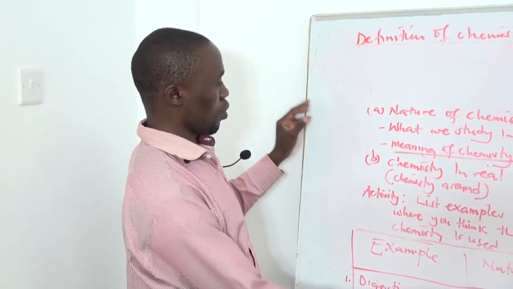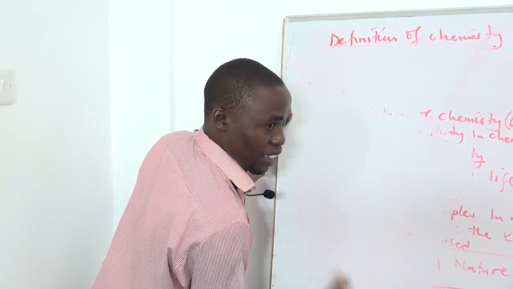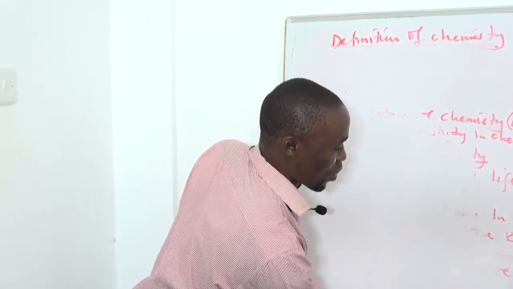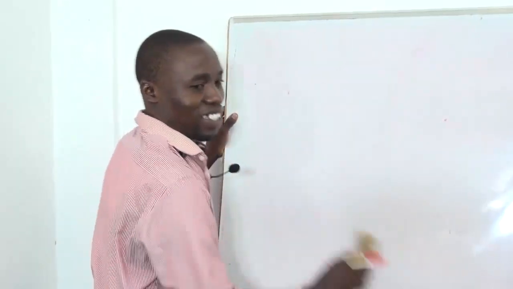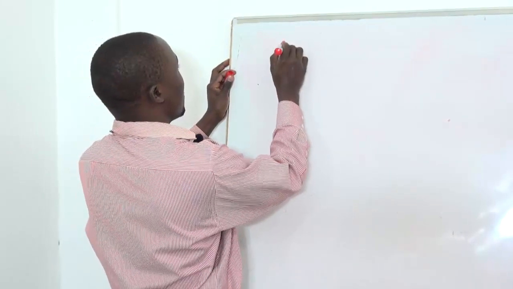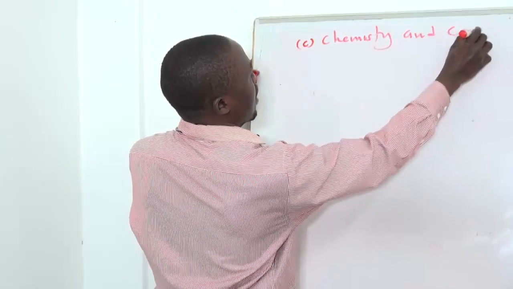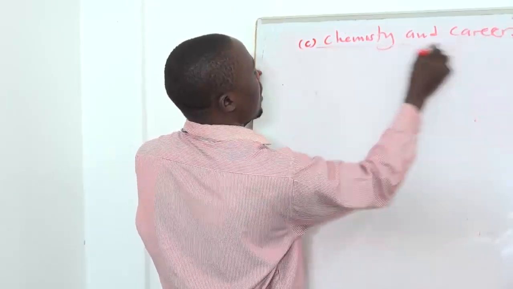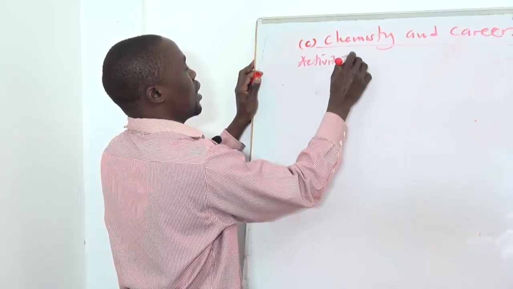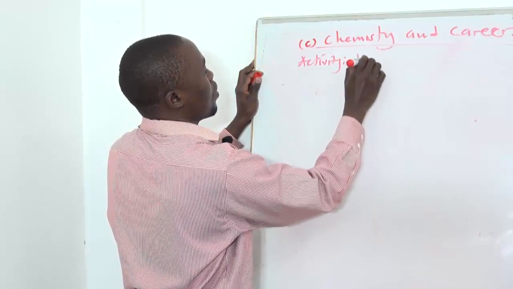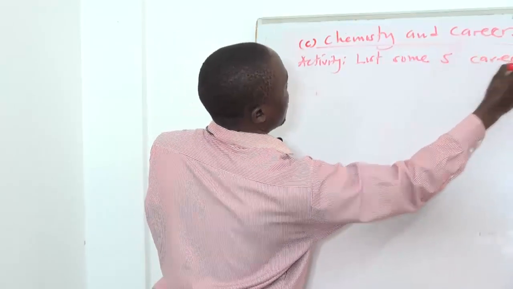Now, let us go to another subheading. We finished the second one. The third one is chemistry and careers. That is subtopic C, chemistry and careers. Are there really some careers which involve the knowledge of chemistry? Activity: list some 5 careers